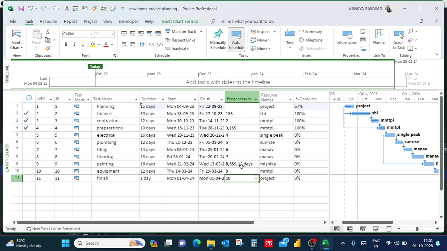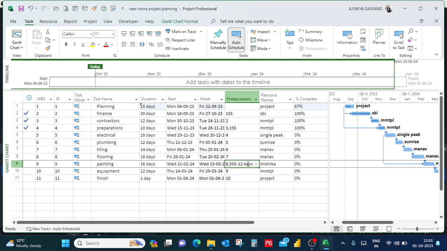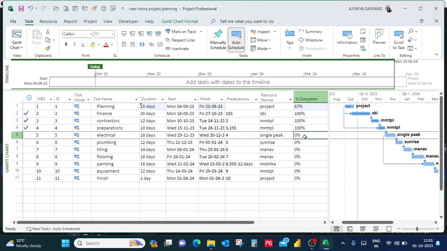Minus 12 days is nothing but painting activity. Painting activity will start after flooring, comma, after plumbing. When plumbing is completed, after 12 days, we can start the painting activity. Suppose I mention here